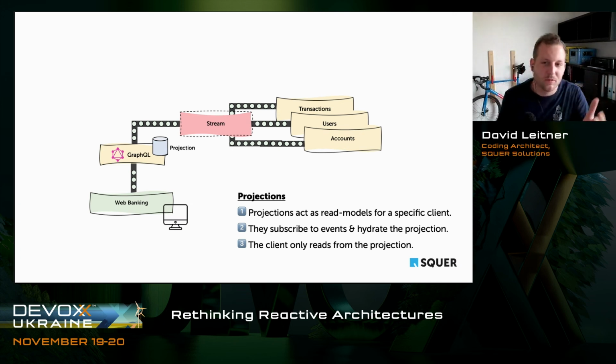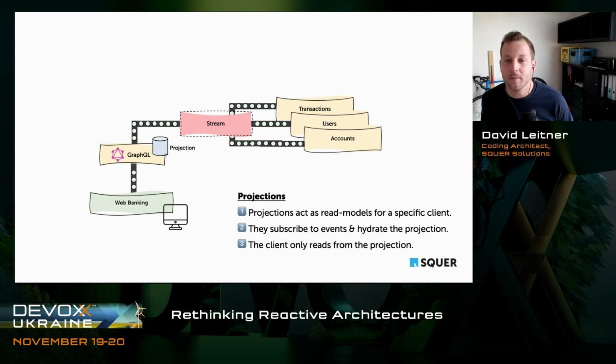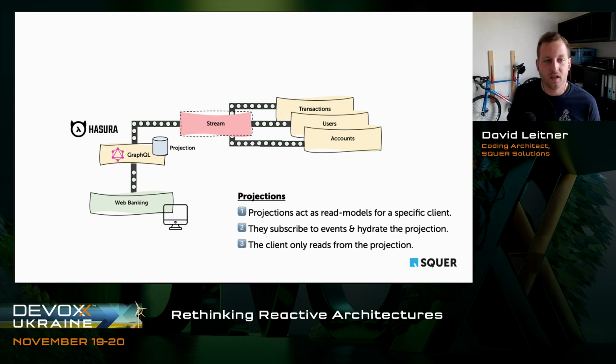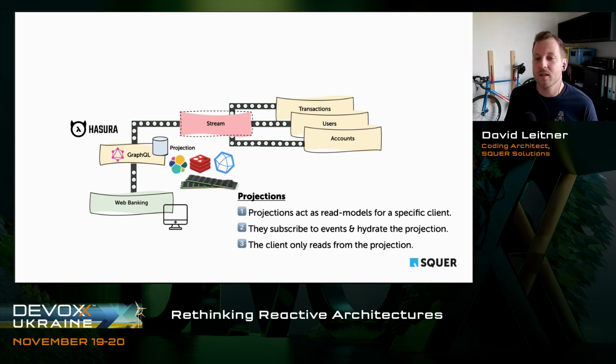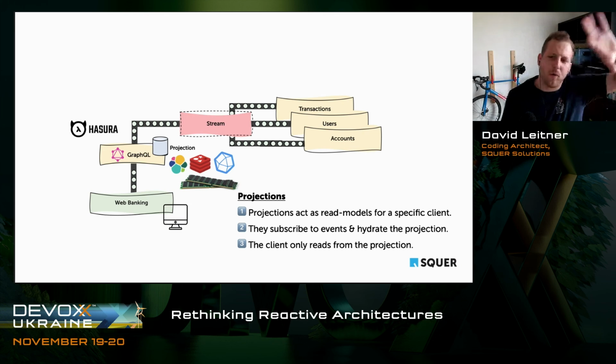Sorry, it was too fast. What we often use here, for example, is a super cool technique. Basically, it's GraphQL with a Postgres database, but you can use everything for building up these projections. You can use Elastic for especially very big data, which you need to do a lot of search on. You can use Redis. You can use lots of different databases which are very valuable in this context. But you can also use them just in memory for small data, right? You don't even need to persist them in many cases. Works fine. Or use something like Kafka Streams with RocksDB or in-memory state stores.